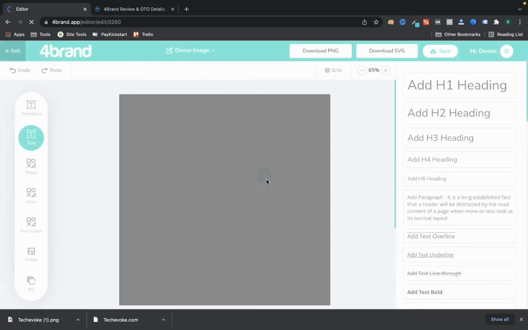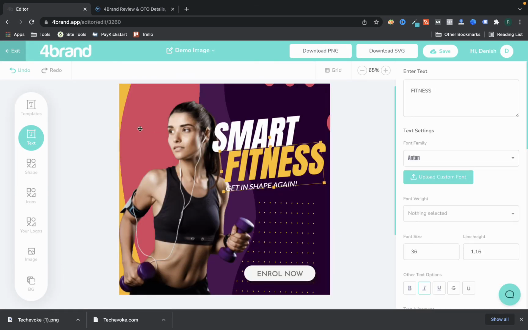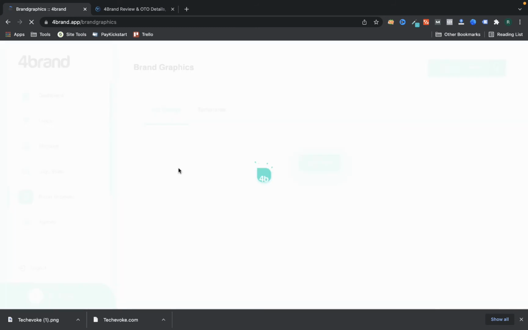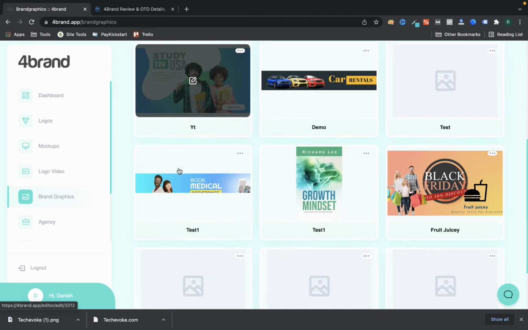As you can see, there are many more dummy images, for example, this is for a Zim, and you will find all these things on the ForeBrand part. And also I have a front end of the ForeBrand. If you are going to get the upgrades, they include more graphics, more templates, and they are also adding on the front end too. So that is the part.